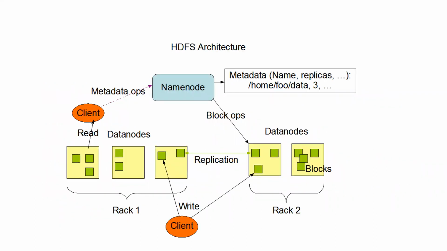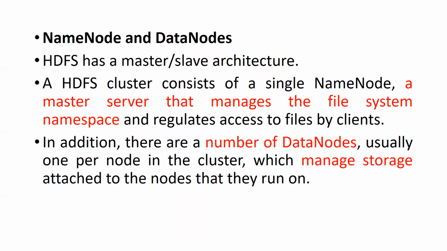So here we are going to see about data node and name node. We will have only one name node in the entire HDFS architecture, and we are going to have a larger number of data nodes in HDFS. The data nodes actually store the data, that is, data blocks. The name node stores the metadata information. Data node and name node. HDFS has a master slave